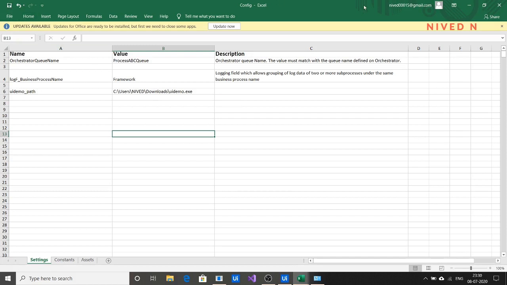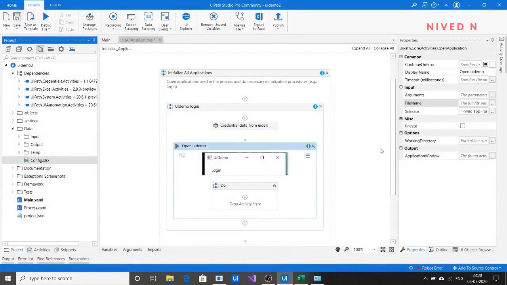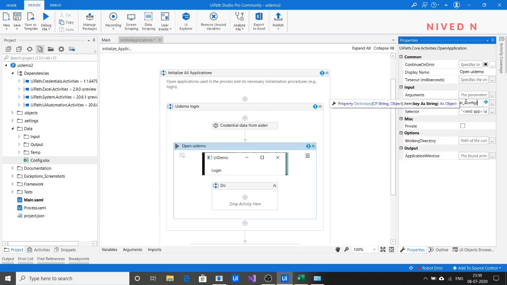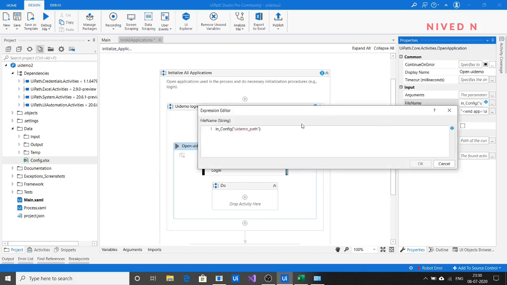Now just save it, close it, and you can provide the name here as config UI demo path. Since we know that the output from the dictionary is an object, you have to convert it to a string. So just use dot ToString.